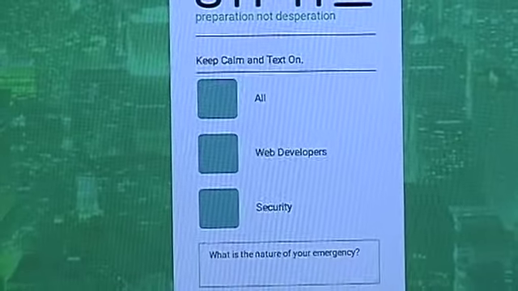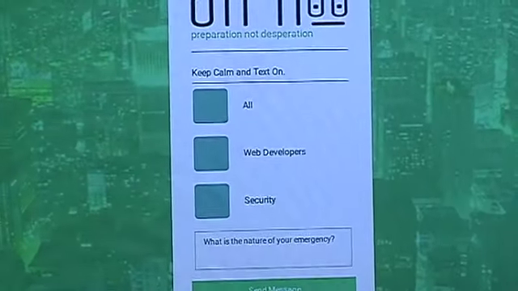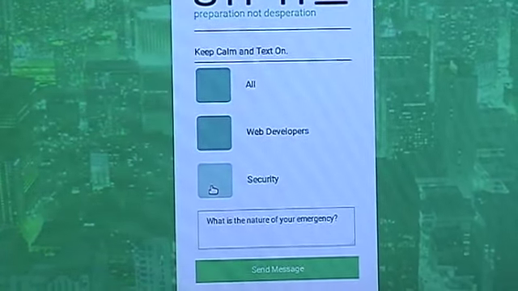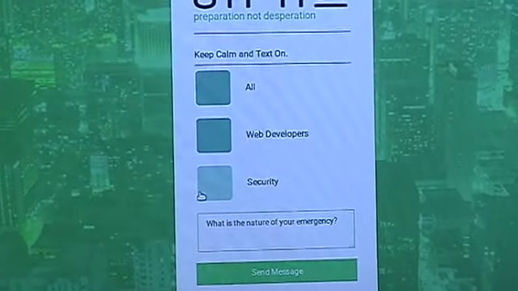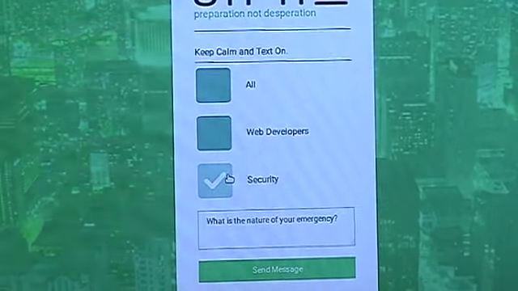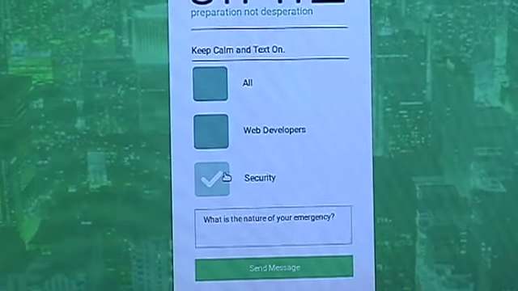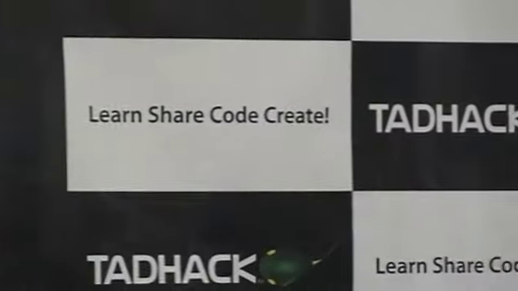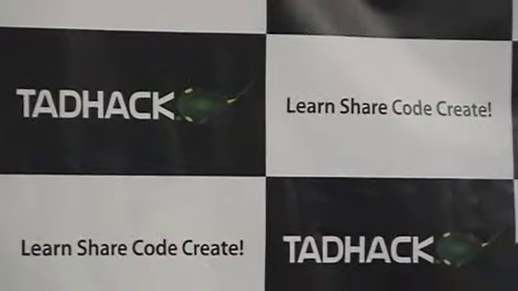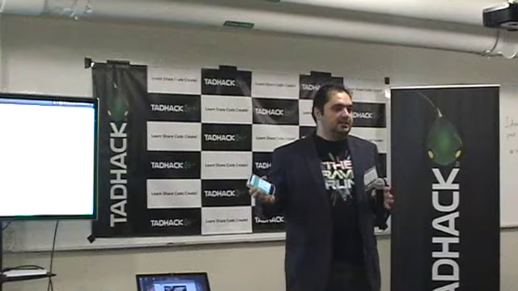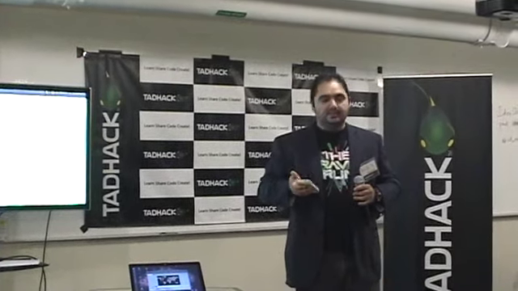So let's say we had an emergency, all I have to do is come in here and click on security, which does add to it. And then I just have to text a message to security, something like help, and then send. Right? So what this does is it will blast that message out to whoever my company decided that the appropriate security personnel is. Look, I just got a message from somebody, me, in fact, telling me that, oh my gosh,